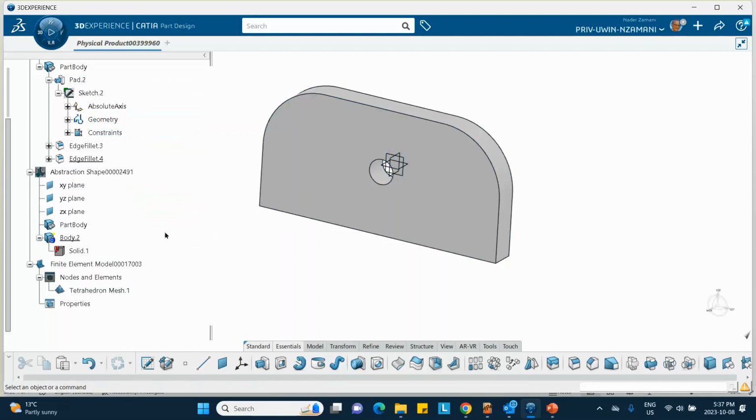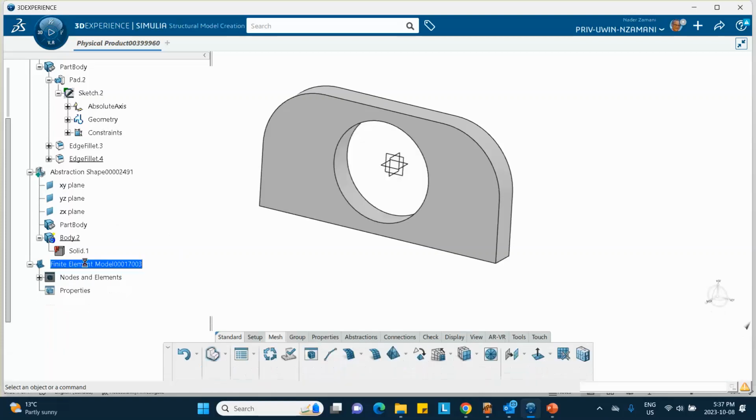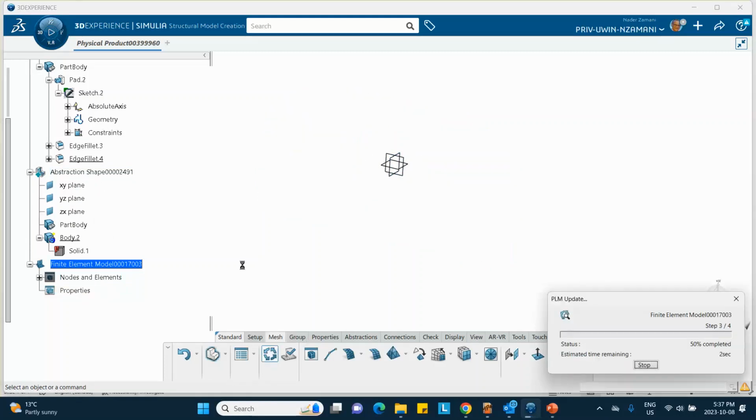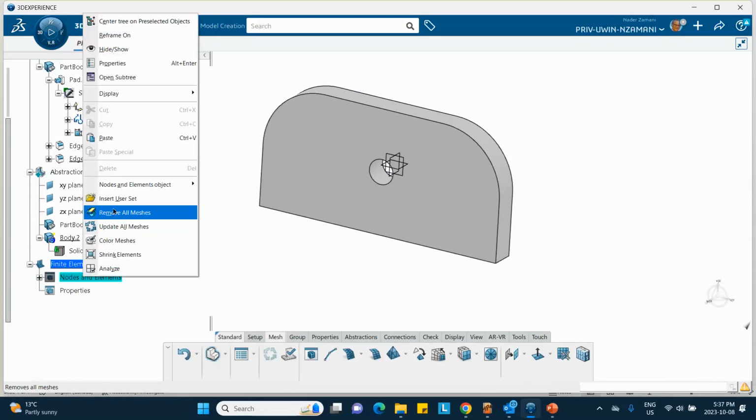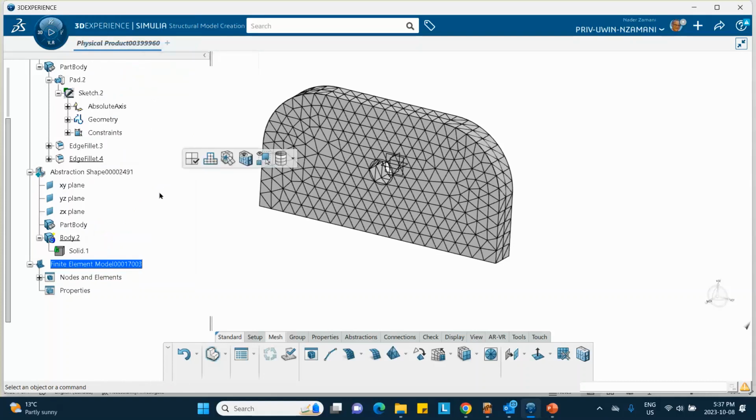Now, if I go to the finite element model and I update, the abstraction shape is going to get updated, and the mesh is going to get updated. So here's the update. There we are. And if you want to see the mesh, obviously you should make sure that you can display it. Where is that? Hide and show. There we are. So you can see that